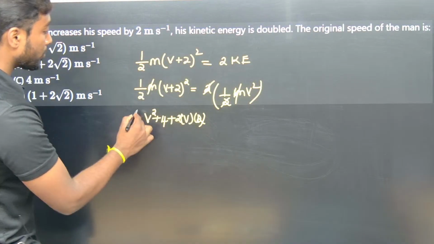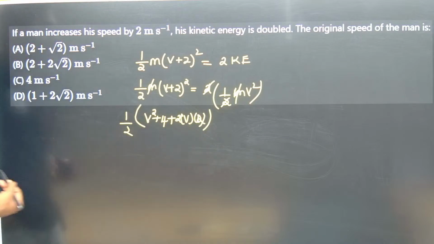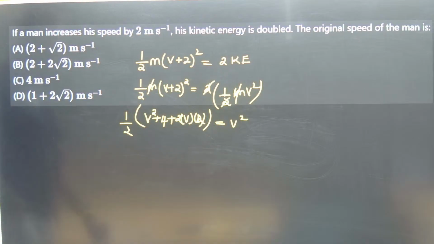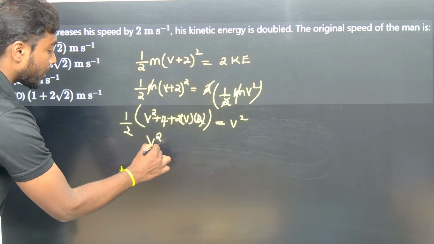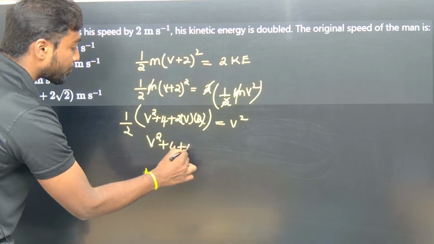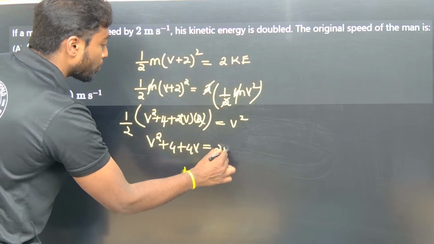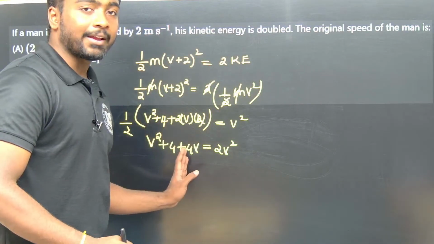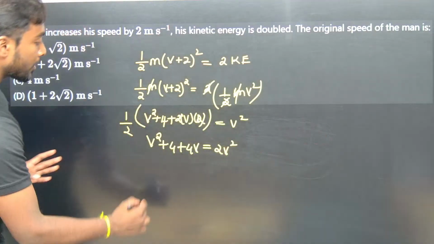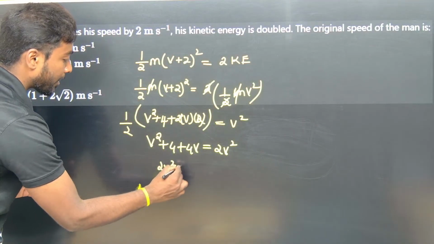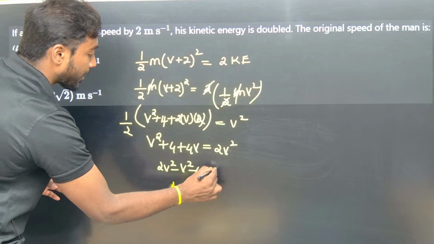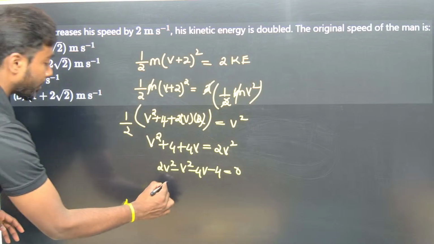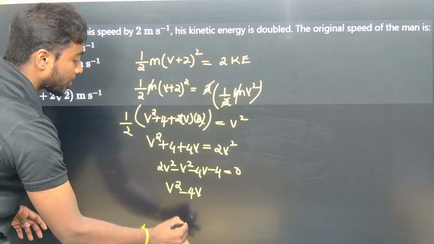So into 2 is there, so 1 by 2 into 1 by 2 should be equal to v square. Now V square plus 4 into 4 plus 4v is equal to 2v square. Take everything to one side and equate to 0. So 2v square minus v square minus 4v minus 4 should be equal to 0. That's it. So v square minus 4v minus 4